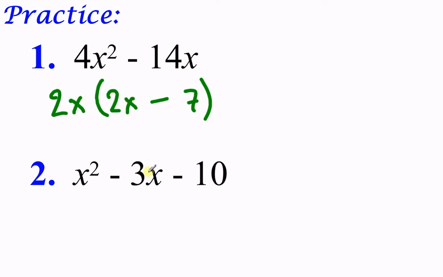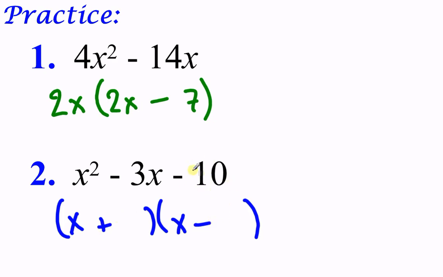In problem 2 here, again, this one has no GCF. There's no number or x in all of these, so we can't take anything out from the whole group. But we can look to see if I can make it into 2 groups. Again, I always just start with this. I just put 2 x's because I know that's what's going to create my x squared. And then I just try to think of what numbers will multiply to be this value while also adding to be this value. Now, since this is a negative, one of these is going to be plus and one of these is going to be minus.